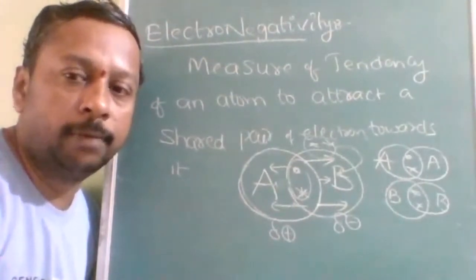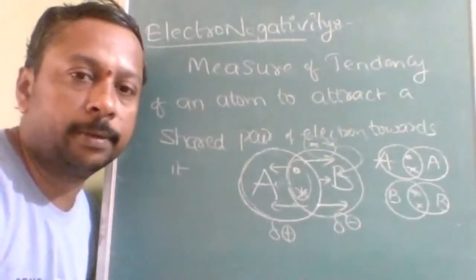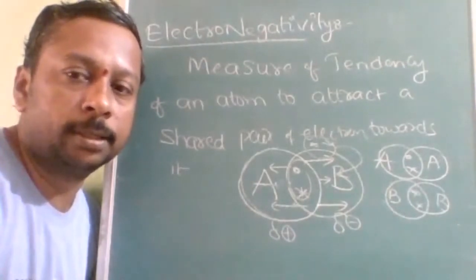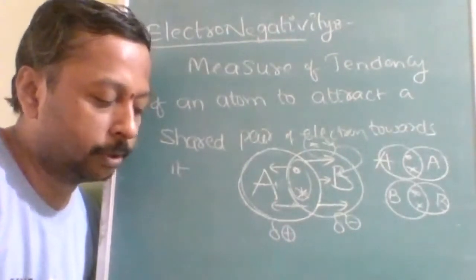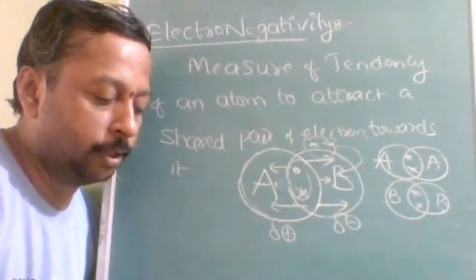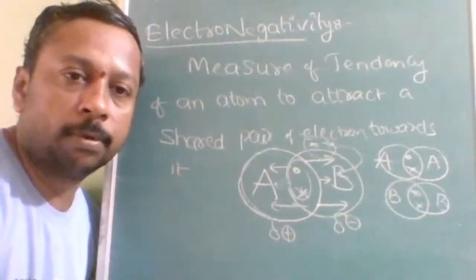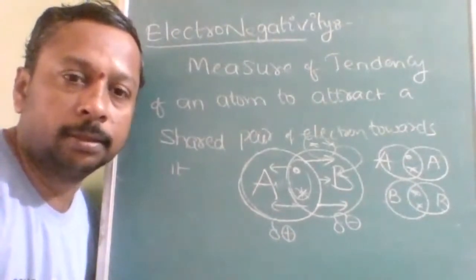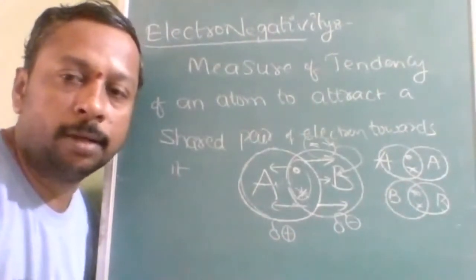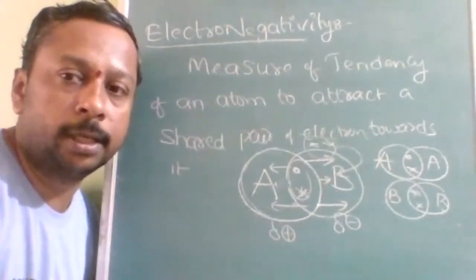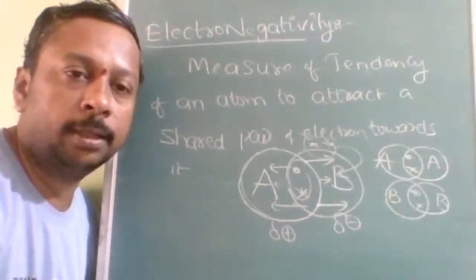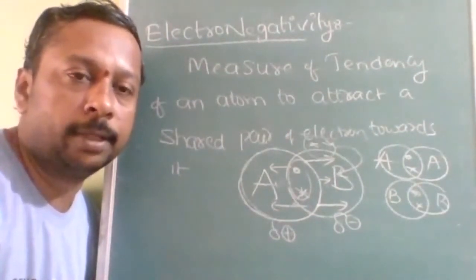Here also electronegativity is a comparative thing. Understood? So whenever there is a comparative thing, there won't be any physical units. Hence scales are provided. If the question is why electronegativity scales are provided, what should be the option? The correct option is that scales are used for non-measurable quantities. Tendency is measured in terms of the scale, so better than him or worse than him, comparison is done with respect to the scale.